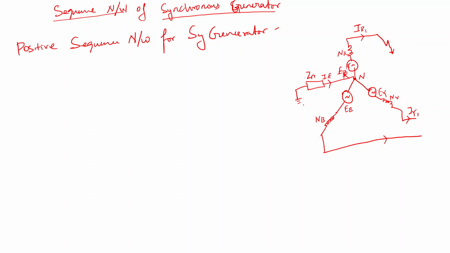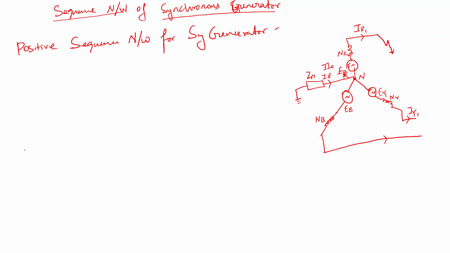The current flowing through In, we know that only zero sequence current will flow here, and the value of that zero current is 3I0. For a balanced generator, I will get only the positive sequence. And if a fault occurs, then you may get some value for negative as well as some value for zero also. Some of the leakage current will flow through the ground also. So this is the actual network.